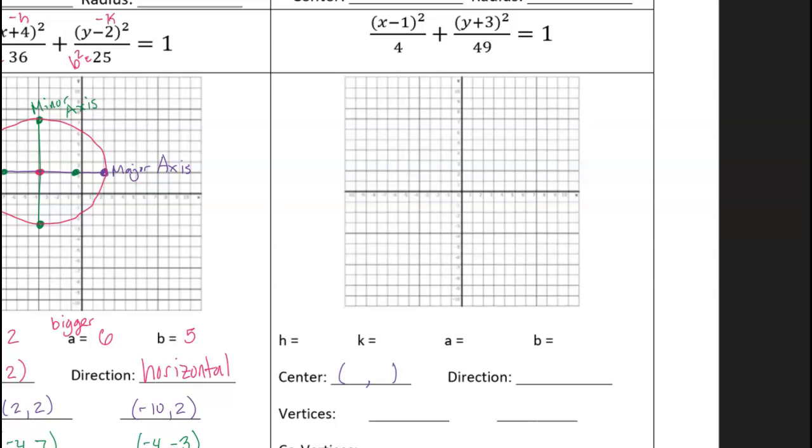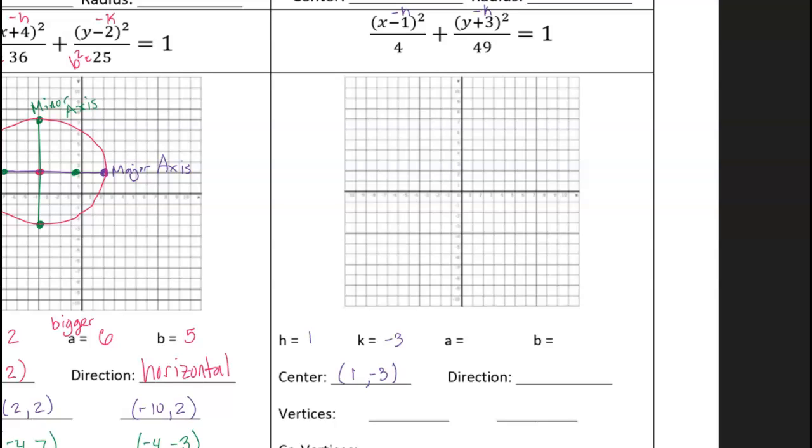Yes, you take your H and K, which is 1 and -3, and it gives you your center. What is your A value this time? Hmm, 7. We're split, completely split. Guys, this is